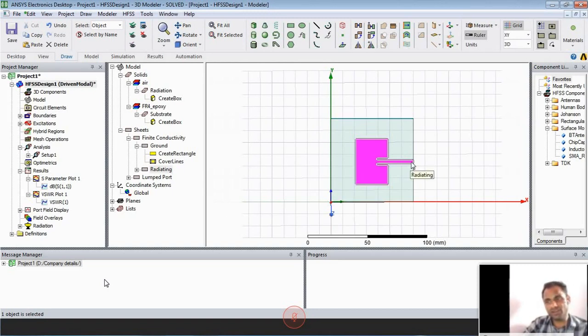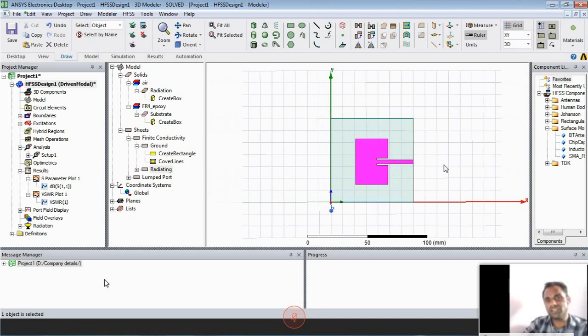So here I need to change my axis. That means my feed position is on a 90 degree progress, so that we give a finite conductivity element value here. That's why if I give a perfect E, a perfect E works on a zero axis. That means zero radiation only. The power will be equally distributed. If I give 90 degrees, power will not be distributed equally. So that we give a finite conductivity value.